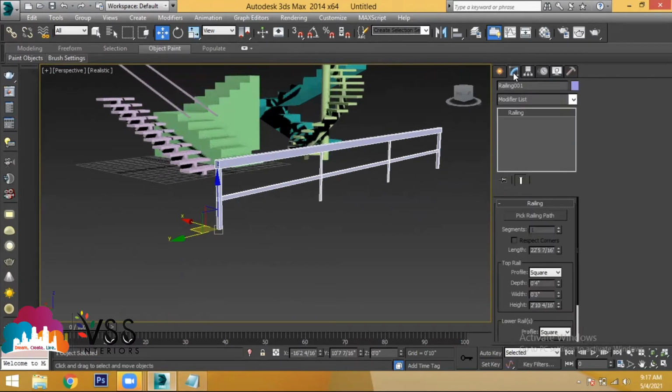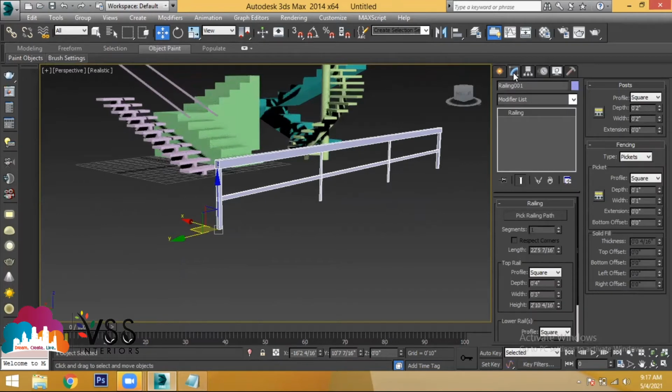Select the object and go to the option called Railing tool. Coming to the railing option, in this you will find multiple options like Quick Railing Path. Let us leave this quick railing path; we'll discuss it at the end, later on, because we need a path to apply this railing. So leave this for now, and let us talk about the other modifications.